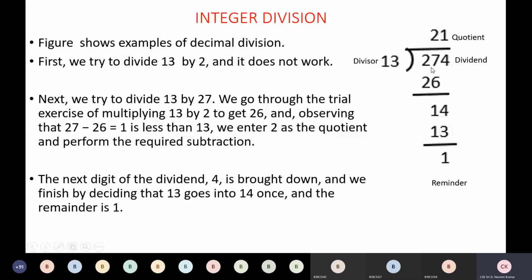We humans judge, but computers do not know. They don't know that they need to take 2 numbers at a time to divide by 13. So what they will do is first they will take only 2 and try to divide by 13. If it is unsuccessful,